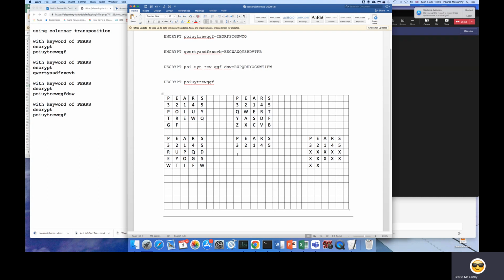And then we come to the last one, which is the hard one. And the reason why it's hard is, in this case, we only have 12 characters. So it is not a nice multiple of 5. All right. 5 divides into 12 2.4 times. So the very first thing you do is,